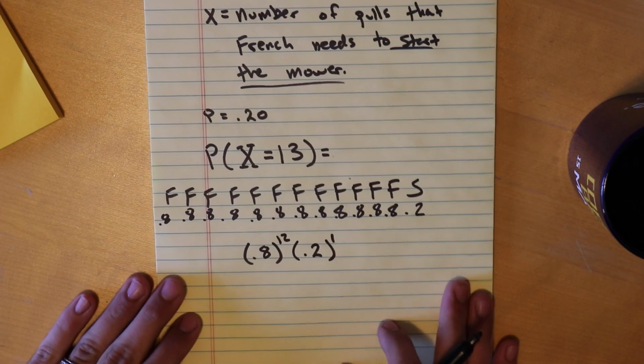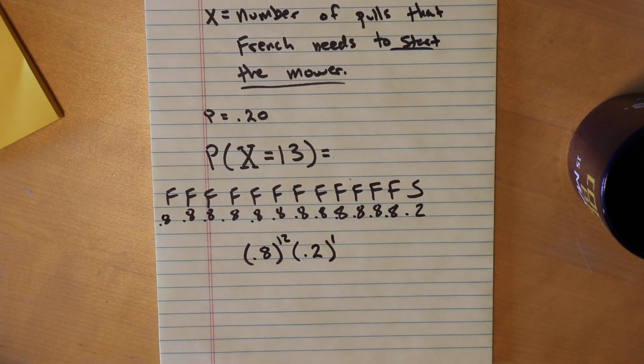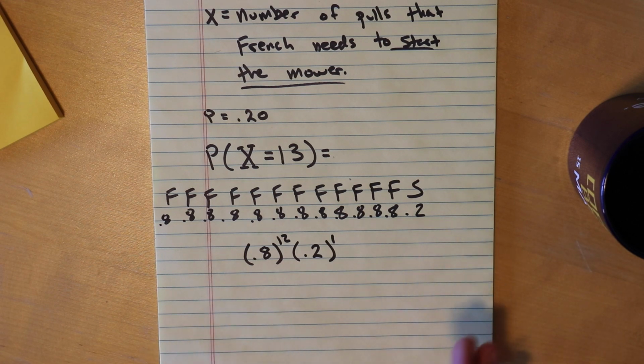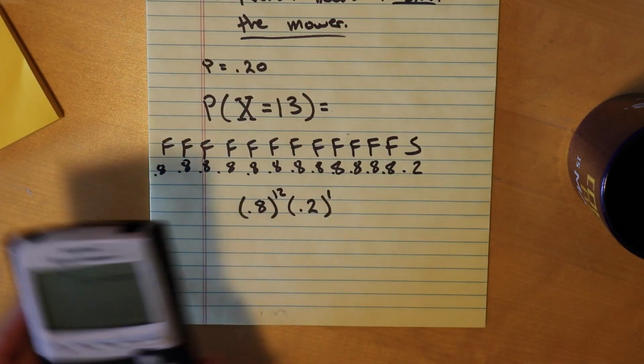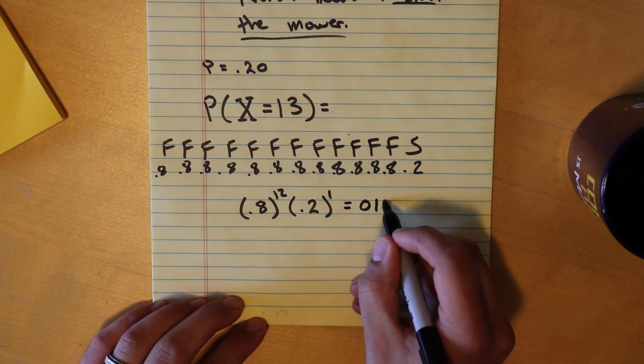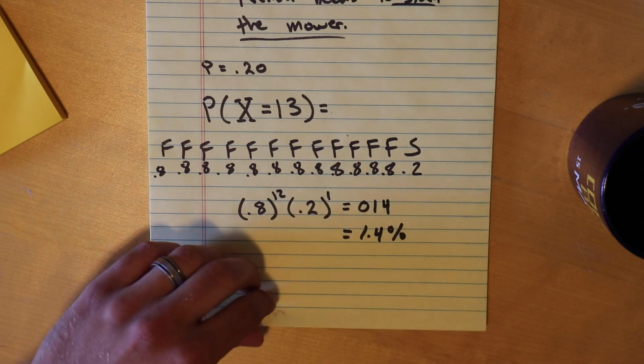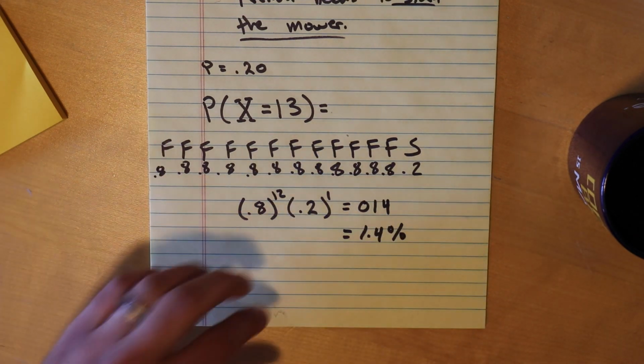This is a big difference from binomial probabilities because I'm not looking for the probability of one success out of 13. 13 is what it takes. And so this has a probability of about a 1.3% chance, 1.4. Let's do a few other examples like this. Let's play around, maybe not equal in number, but a few other things here. So I'm going to keep the same